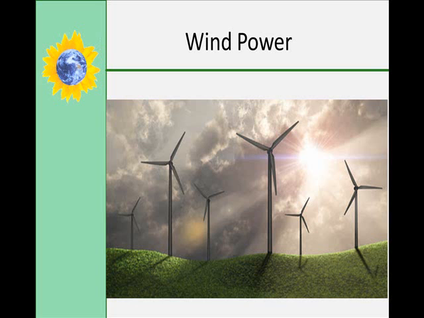Wind turbines are basically giant aircraft propeller blades. They turn in the moving air and power an electric generator that supplies an electric current. So the wind turbine is basically the opposite of a fan. Instead of using electricity to make wind, like a fan does, wind turbines use wind to make electricity.